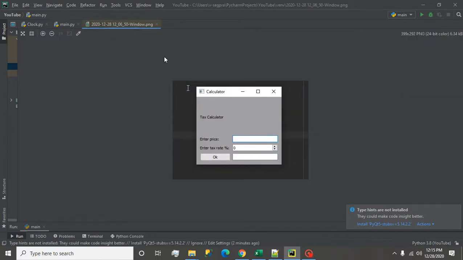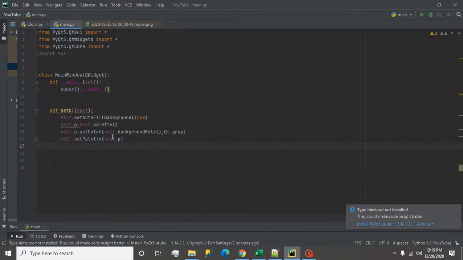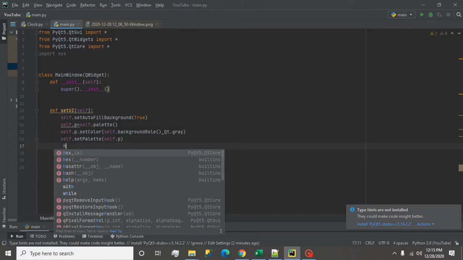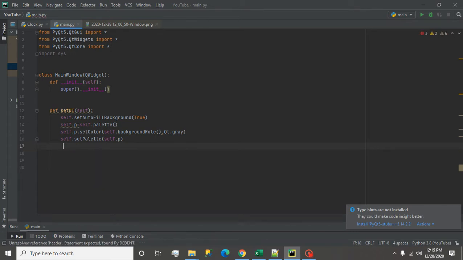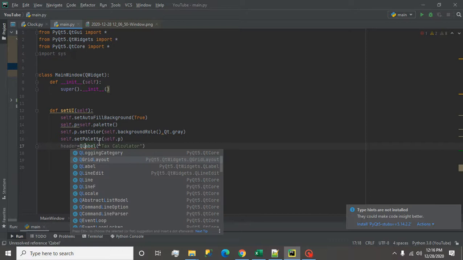Now our aim is to create this text calculator, enter price, enter tax rate, OK button, and these three fields. So now we create one variable, let's say header, and here we call the QLabel class, and here we pass the text calculator. This L should be in caps.